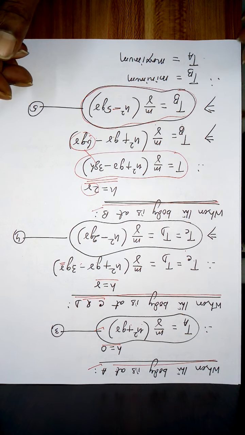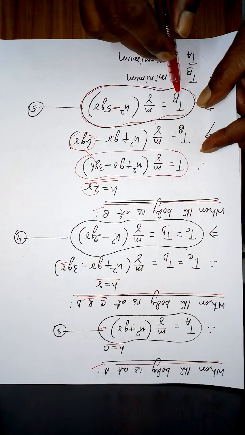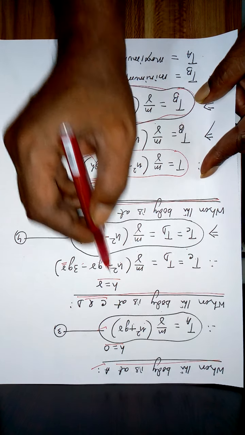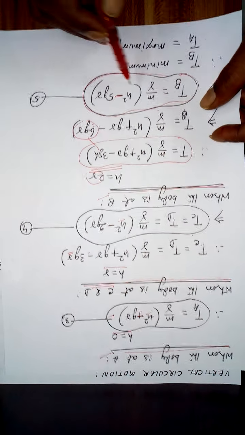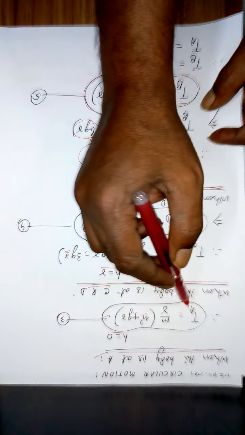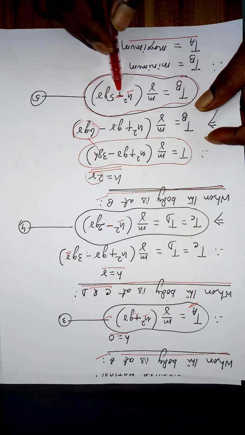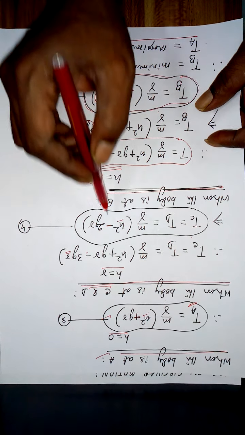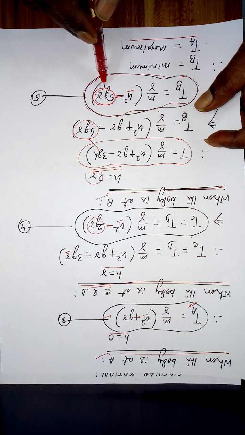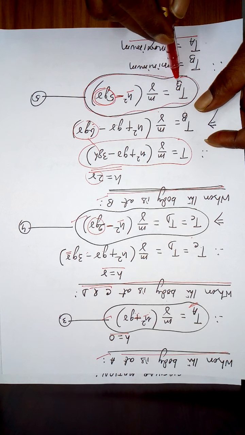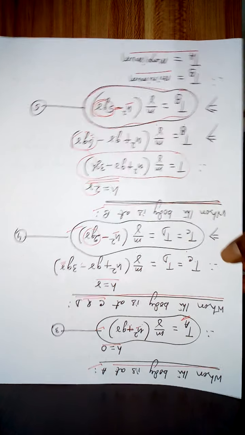Now if you look here, there is a subtraction, and here there is an addition. u² is the same. Here it is added, therefore TA is maximum. Here I have subtracted 5mg, here I have subtracted 2mg. So a larger part is subtracted as compared to this. So tension at B is a minimum.